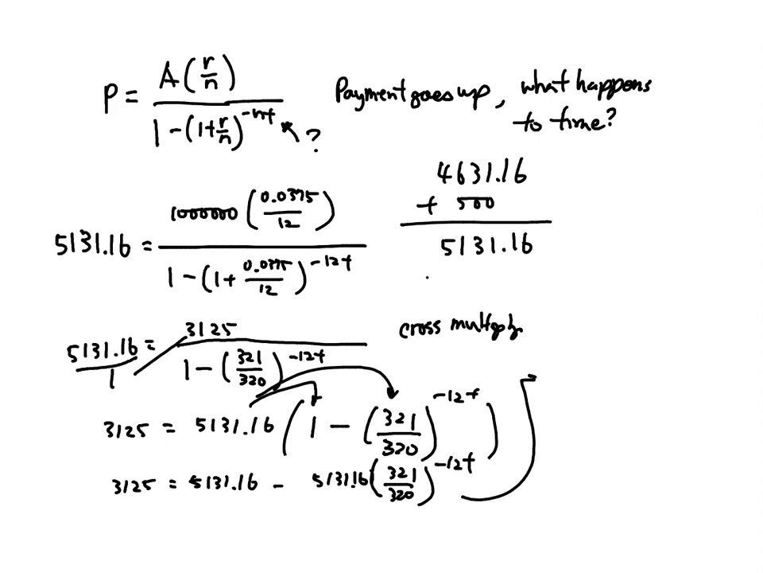Calculator. So we subtract 5131.16 on both sides. So 3125 minus 5131.16, I get... Let me see. Oh, wait a minute, I made a mistake in my calculation. 3125 minus 5131.16 is negative 2006.16